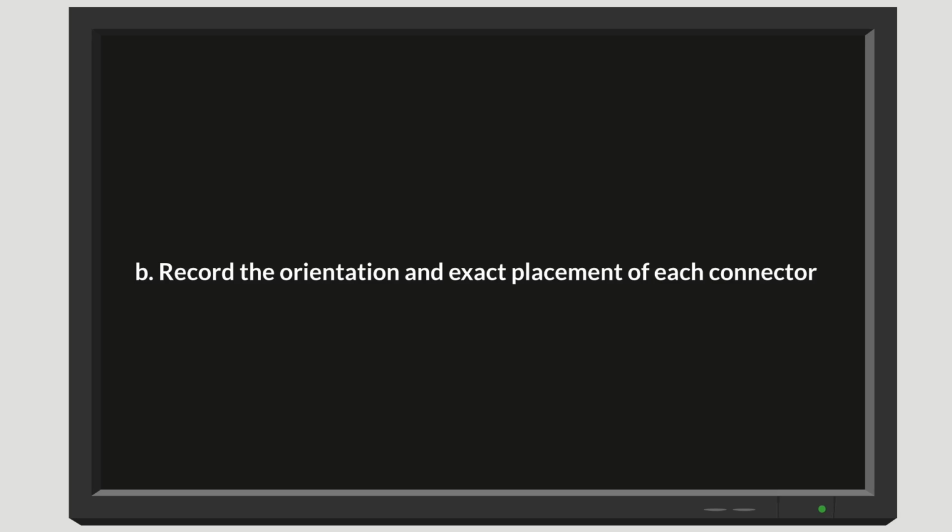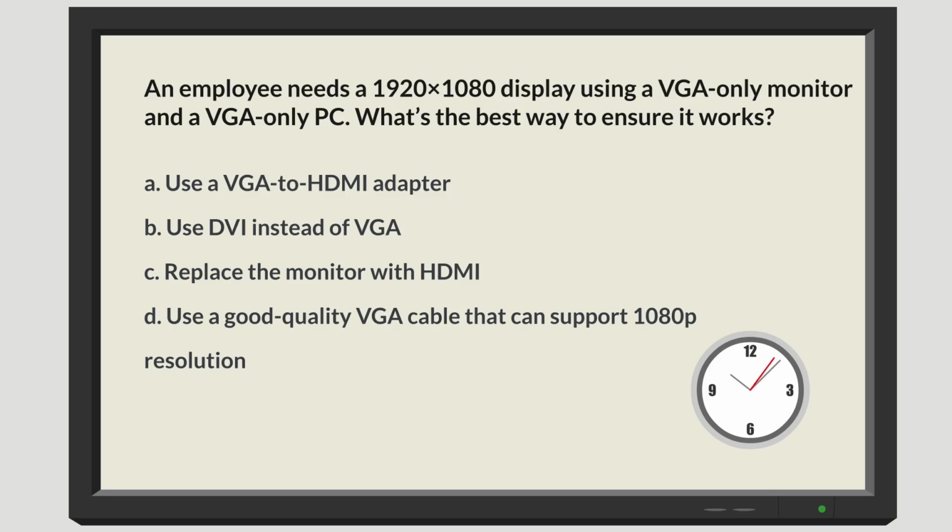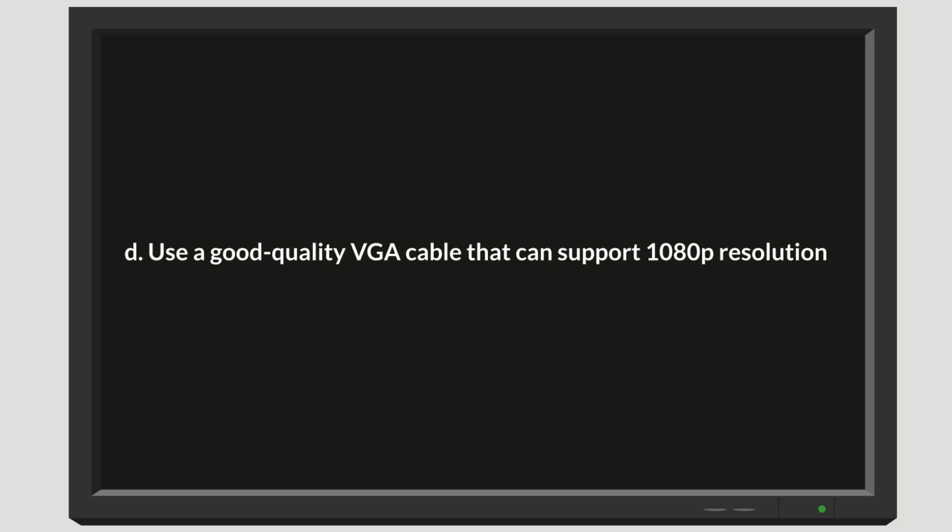is documented. An employee needs a 1920 by 1080 display, but both the monitor and the PC only support VGA. The answer choices are use a VGA to HDMI adapter, use DVI instead of VGA, replace the monitor with HDMI, or use a good quality VGA cable that can support 1080p resolution. The correct answer is to use a good quality VGA cable because VGA can handle 1080p if the cable is